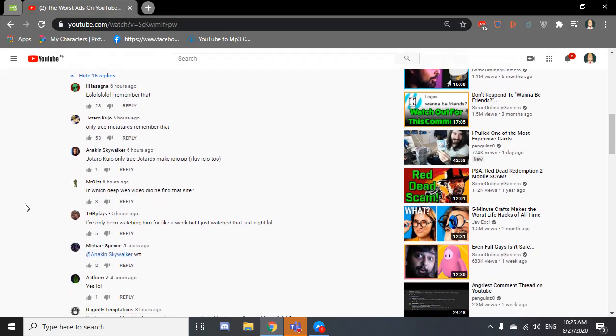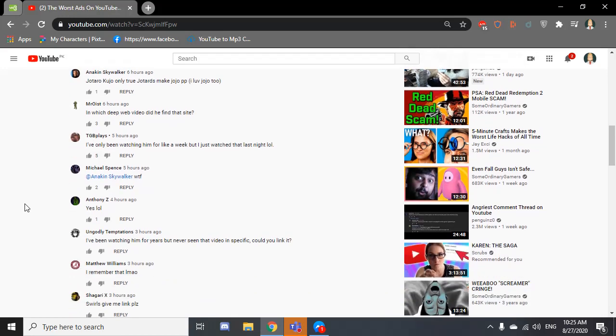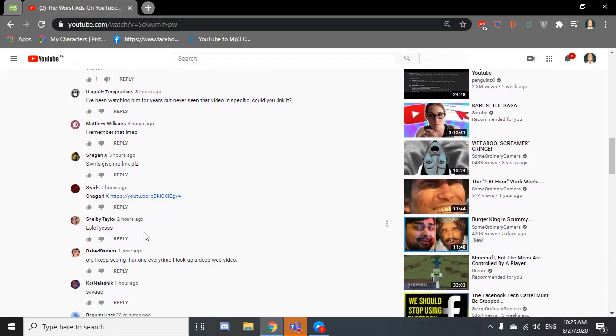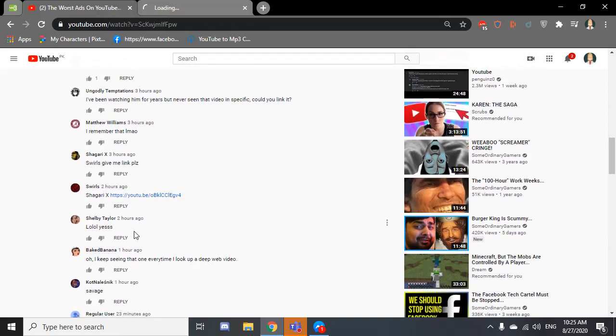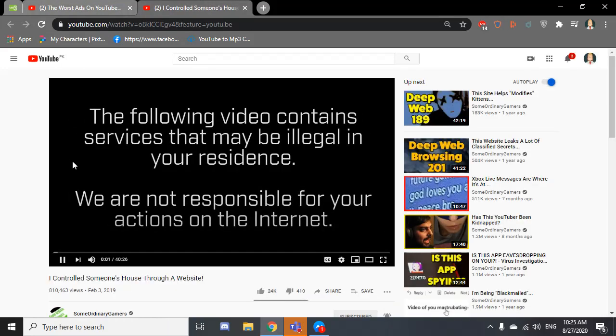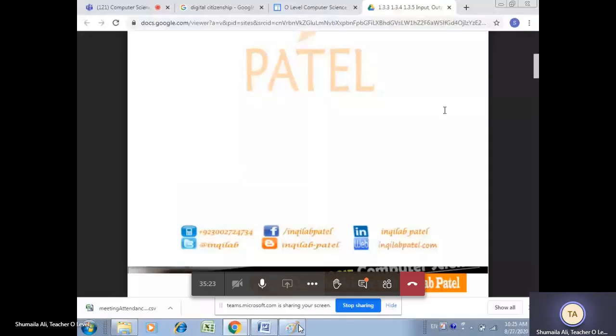Then you will write a definition of input device. Then you will write two definitions, manual input devices and direct data entry. Then you will start 2D scanners. We already did 2D scanners in this section. Okay, the definition of 2D scanners. I'm just telling about the written task in your journal. 2D scanners, then how it works and applications of 2D scanners. We had finished up to here.